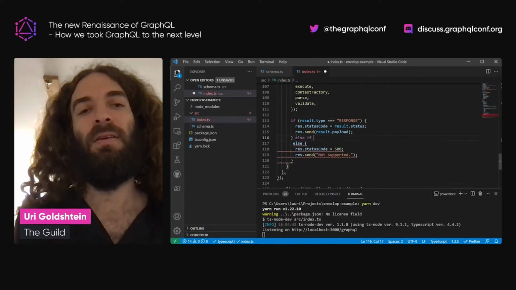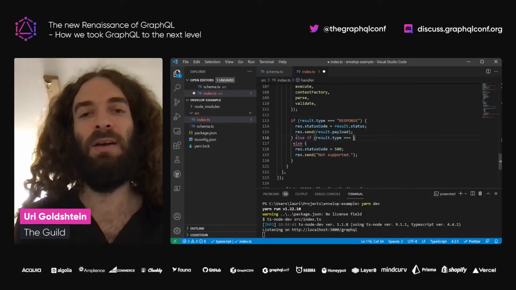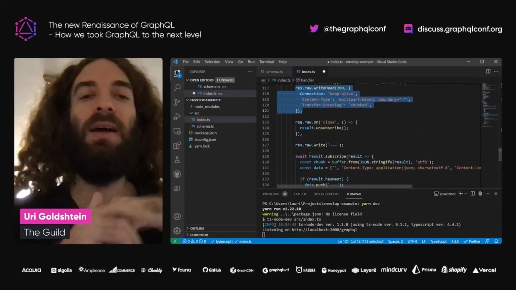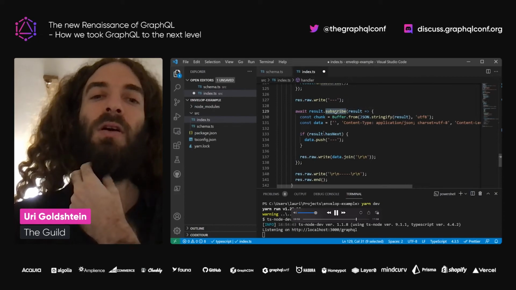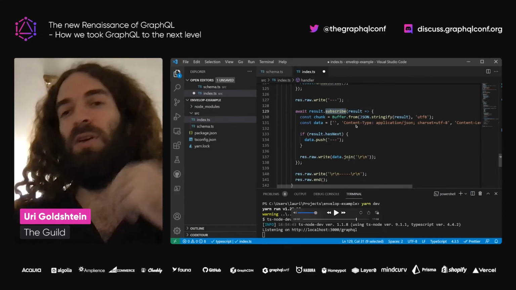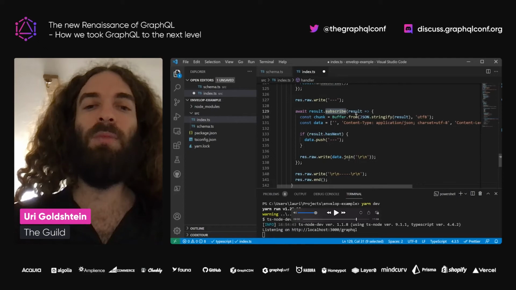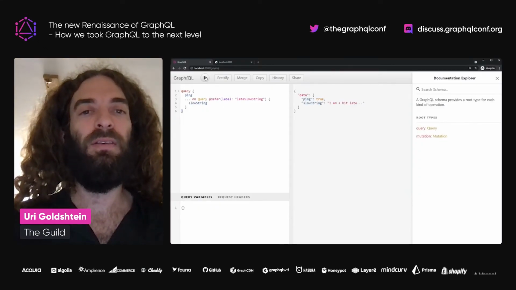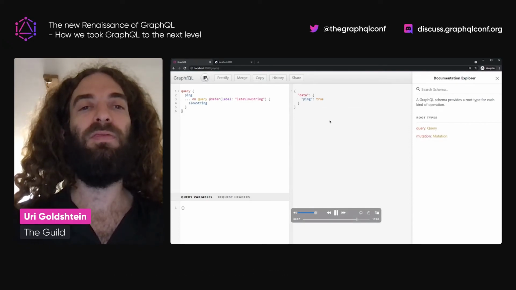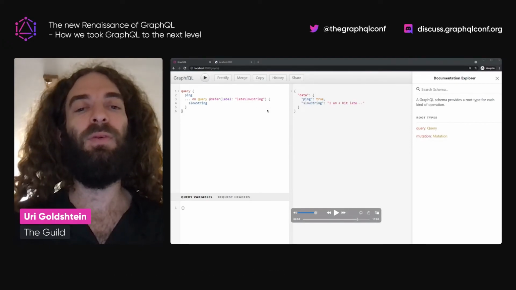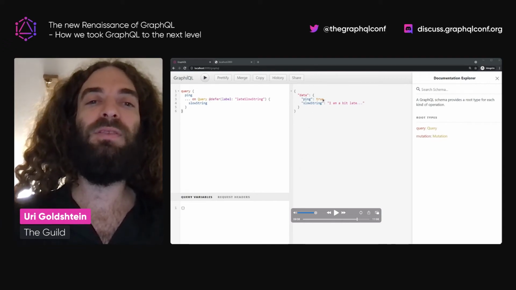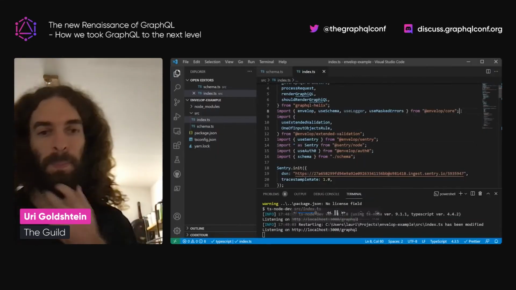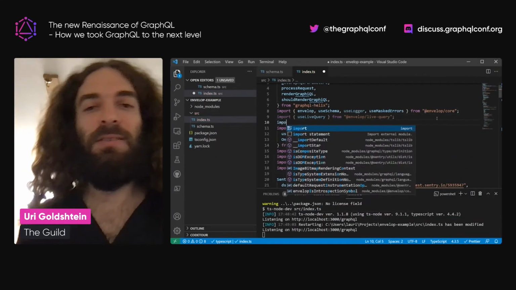We can just add, what if the result is actually a multipart response, because we're going to get a couple of responses back. We're going to write some HTTP code, which you can, by the way, import from a helper library, subscribe to the result, and now you've got a very powerful server that supports stream and defer. You can see here, we're sending the query, and ping arrives immediately, and slow string arrives a bit later. That's extremely powerful. So that's cool. Let's take it another step.